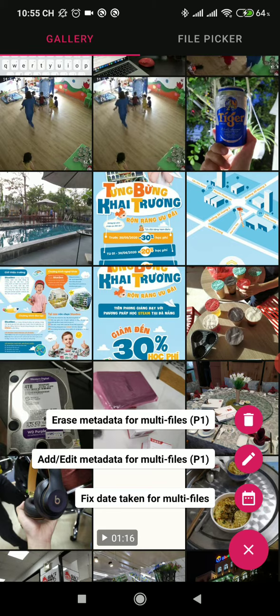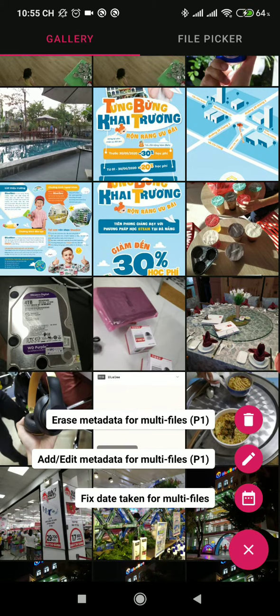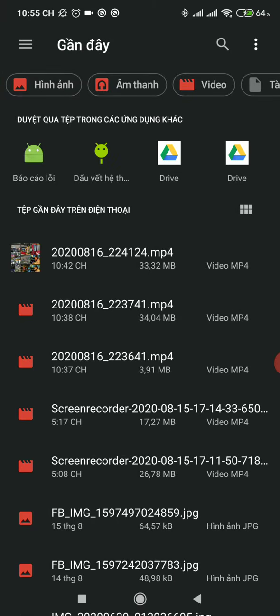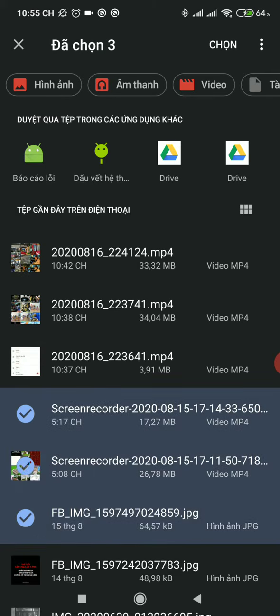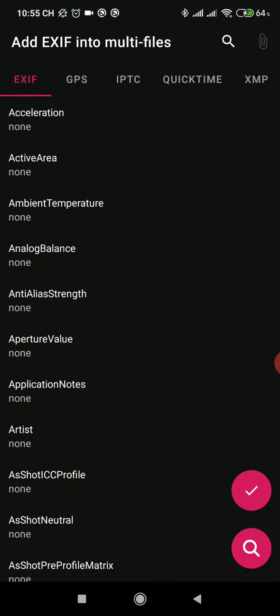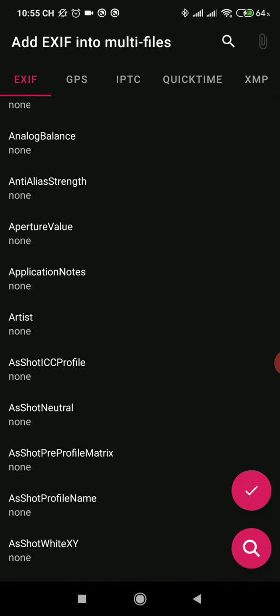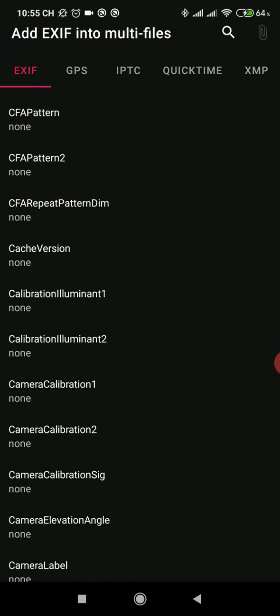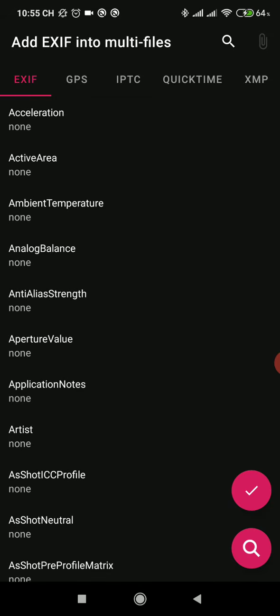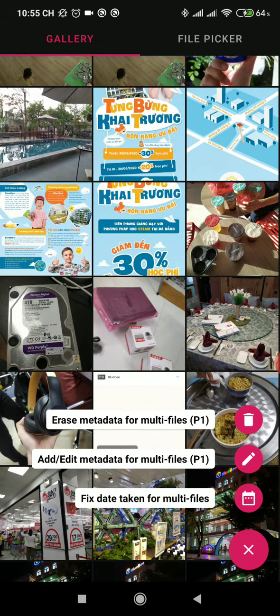And we also have the edit metadata for multiple files, so we can use this feature for updating the metadata of videos or photos on multiple files. Okay,